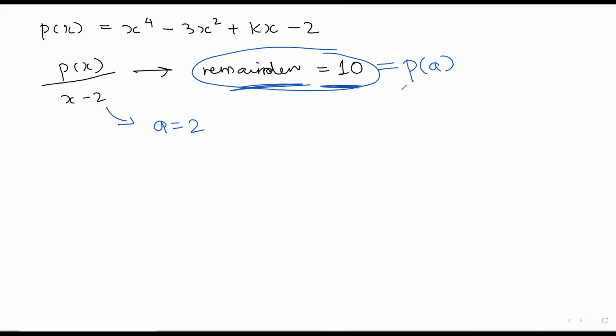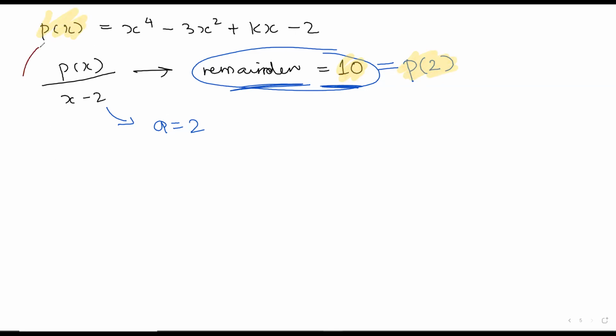So our A is equal to 2. So that means that remainder, which is 10, is equal to P of 2. So now we can connect these two things. Now we are saying that my P of 2 is equal to 10. Now can you connect this P of 2 with P of X? Can you in P of X put the value of X as 2? That will become P of 2, right? Yes, ma'am. So can we do this? Come on, let's try.